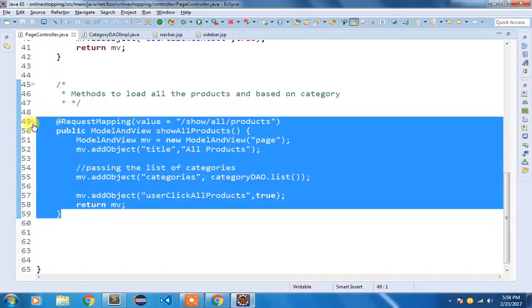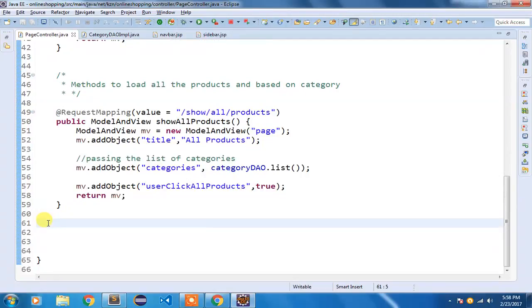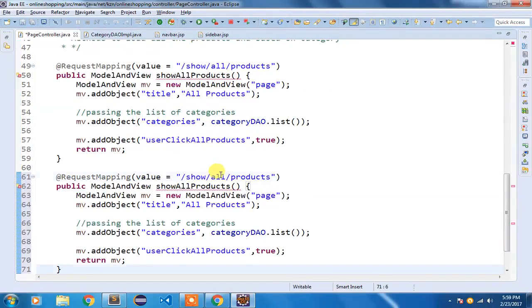The next change I have to do is in the request mapping for show category. This ID would be dynamic, that we have added in our sidebar.jsp, and I've shown you how to access this ID using @PathVariable.